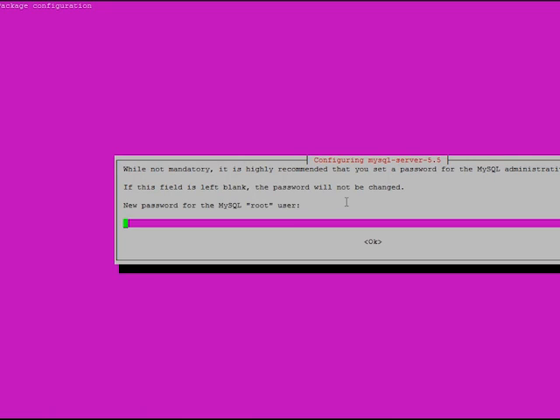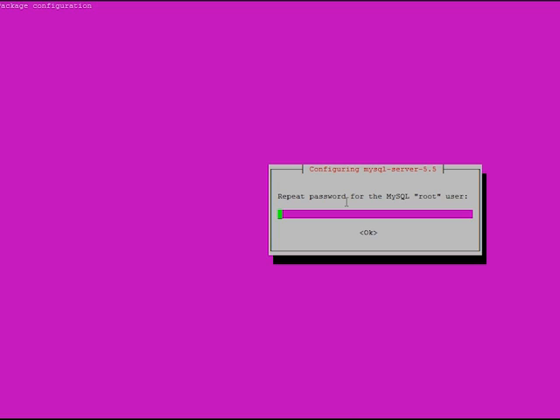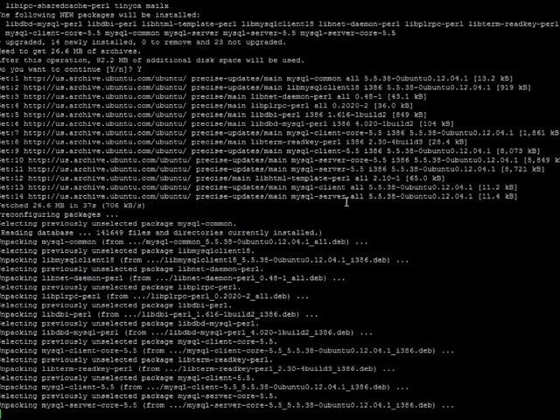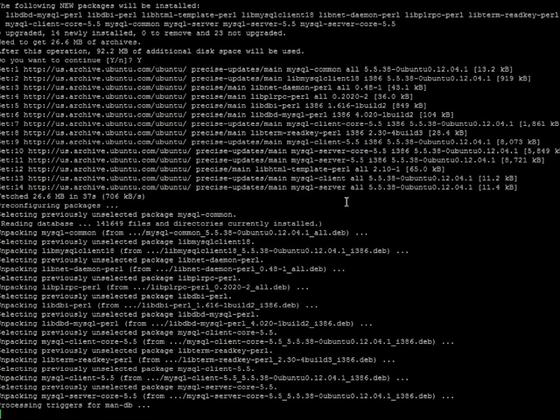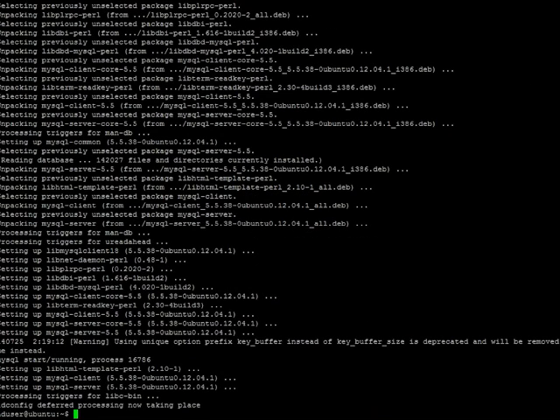Now you will be prompted to provide the password for the root user as well, so make sure you provide a password that you will always remember, and provide the confirmation, and now the installation will continue. Now once the installation is successfully complete, you can access your MySQL server using a root user you just created